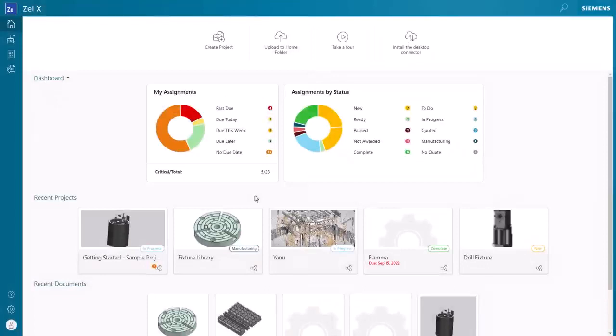Purpose-built with the tools you need, Zel X helps streamline task management. By providing you and your team with a centralized location to schedule, track, and prioritize your work, Zel X increases efficiency and productivity. After logging in, we're presented with the dashboard, which allows us to manage our tasks and project